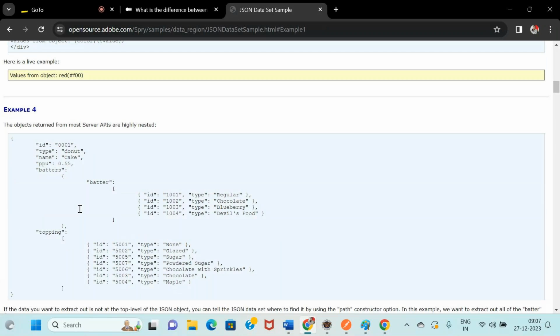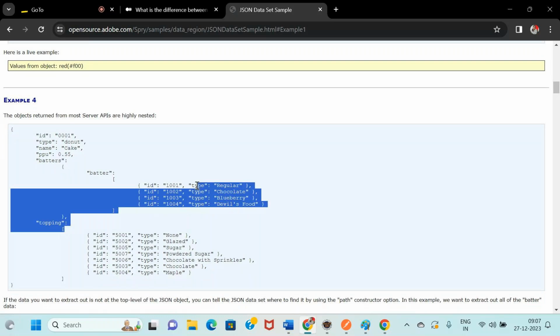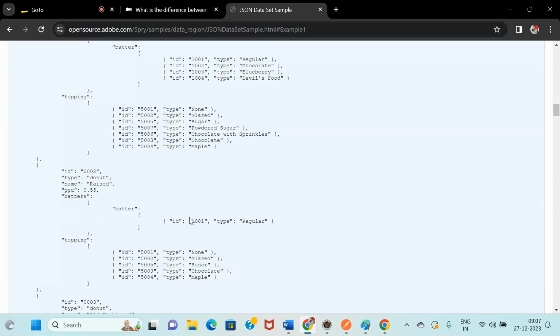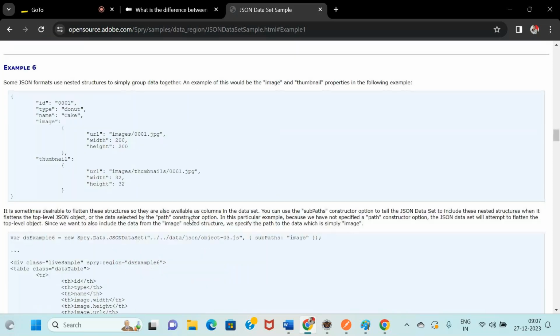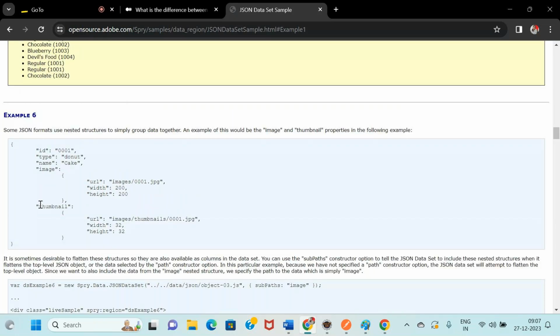See, this is one ID, this is one ID, this is one ID, and this is one ID. Type is regular here. You can see here, an image is there, and a timeline is there. Just assume this is Navin and this is Anantaram. So URL, width, and height are there, because for Navin I have to provide URL, width, and height information. For Anantaram also I have to provide the same information: URL, width, and height.